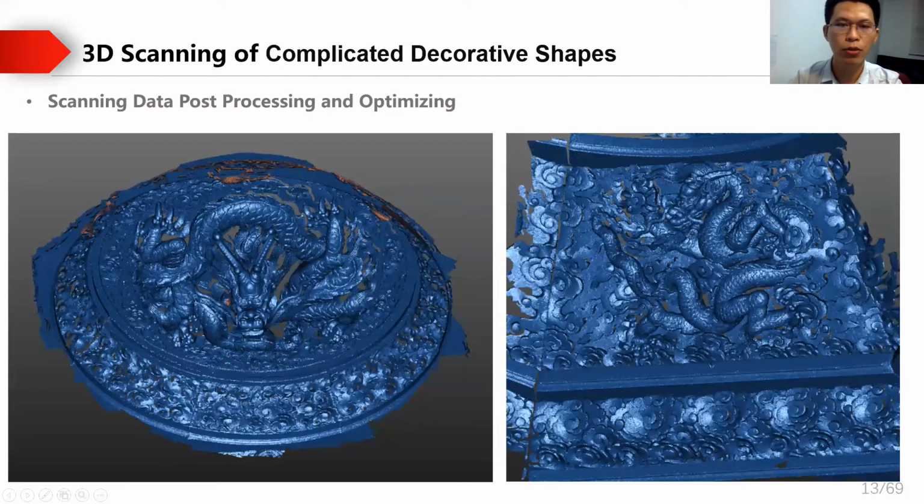These two screenshots show the original point clouds of the Central Dragon relief and side limb relief boards. It is obvious that there are lots of holes in the deep and occluded portions. As mentioned before, this problem is caused by the basic principle of the optical 3D scanning technique.